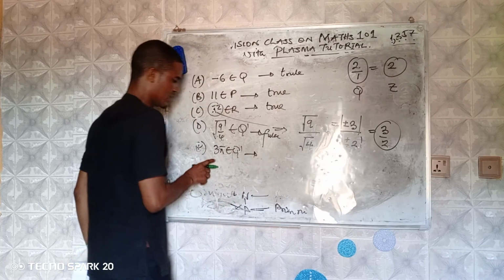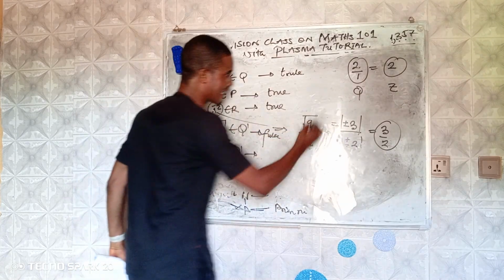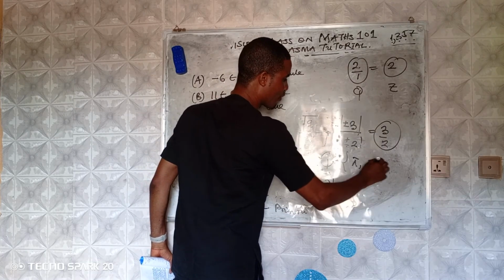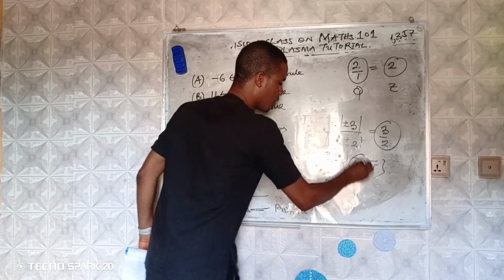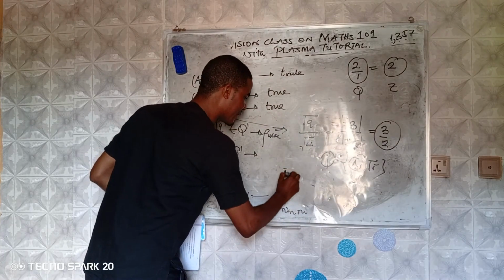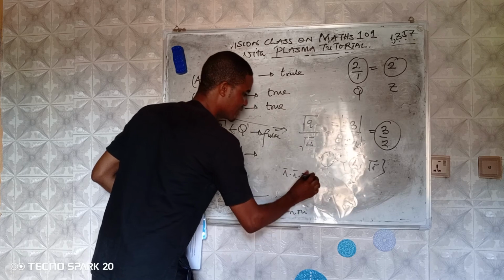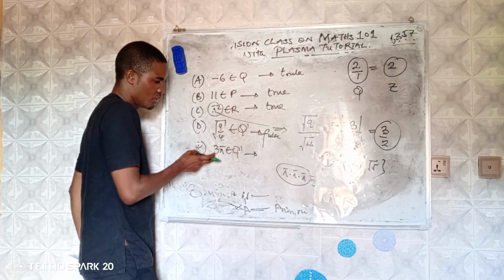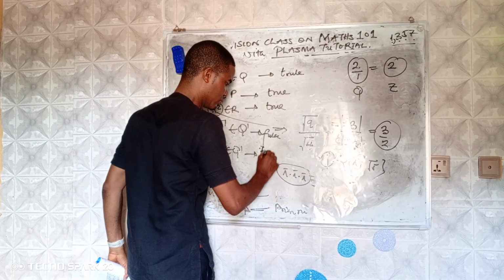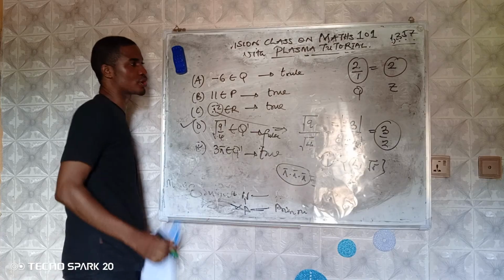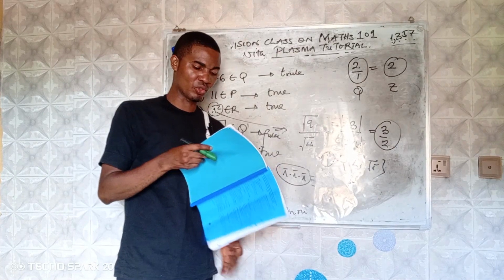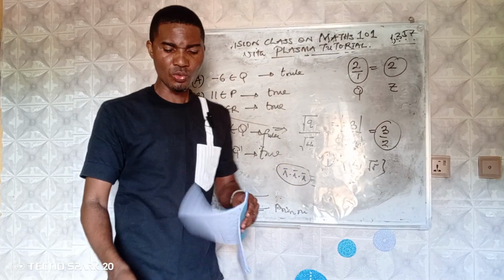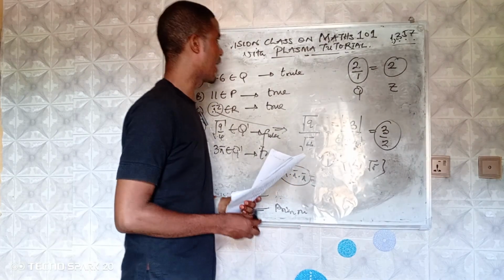Now looking at this, 3 pi is an element of irrational numbers. Remember that irrational numbers are made up of constants and numbers in their short form. So when you say 3 pi, that means pi times pi times pi. Hope you understand. Once it is pi, they are all irrational numbers. So this is true. So the answer here is option D. I believe that was one of the most challenging questions when we come to number system. And that brings us to the end of number system. We'll go into another